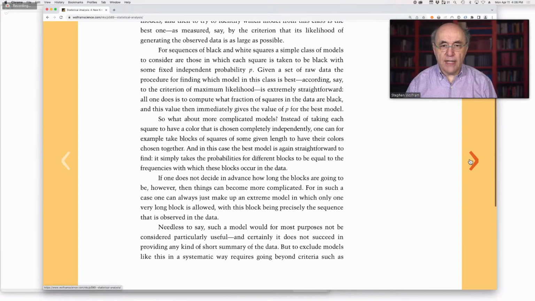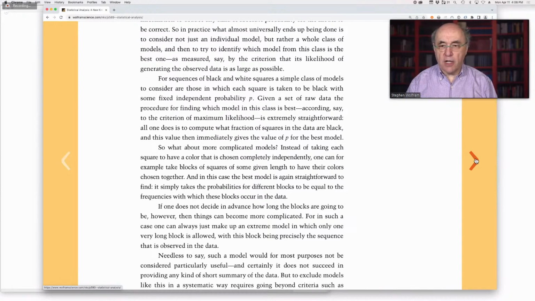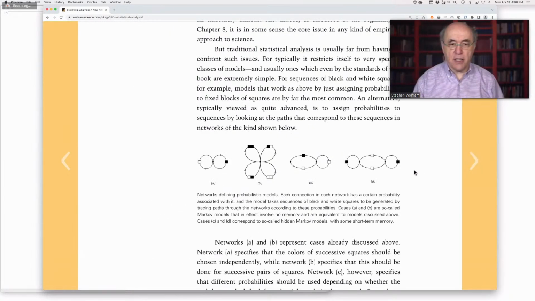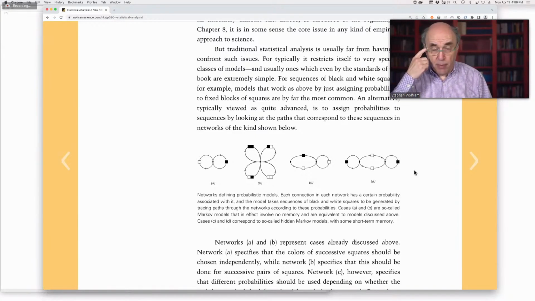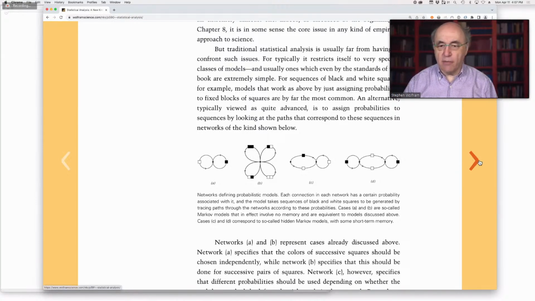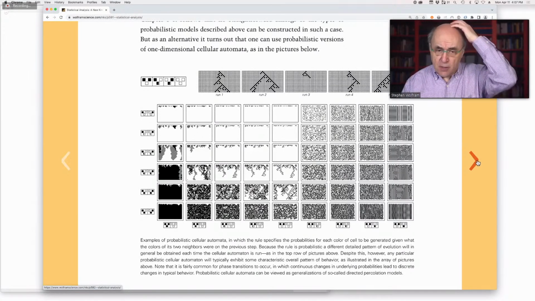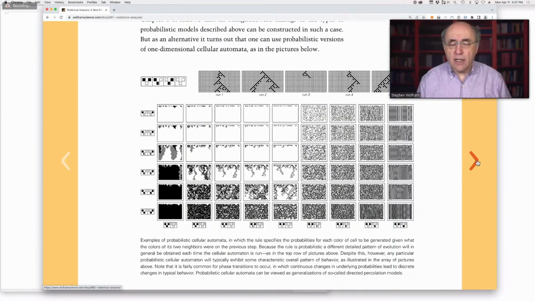There's sort of a question of what really is statistics, and what kinds of models in effect does statistics deal with. And this is talking about probabilistic models saying, oh, we have something which with some probability goes black and then it's always white, and then it has some probability to go on the white path here or on the black path here. These are Markov models. This is a standard probabilistic kind of model for these systems, these are even hidden Markov models actually. And so then we can ask, well, can we statistically reproduce the behavior of, for example, a cellular automaton?